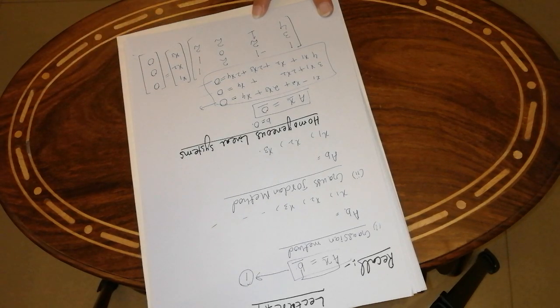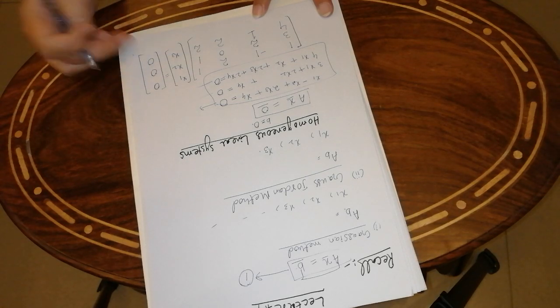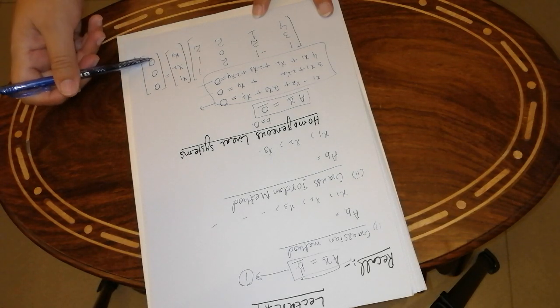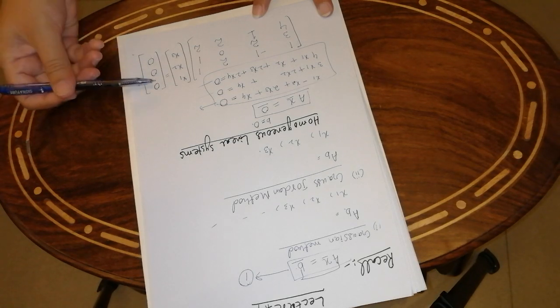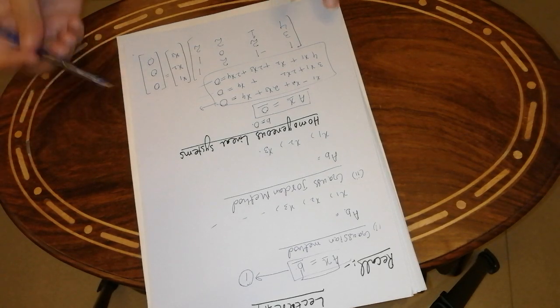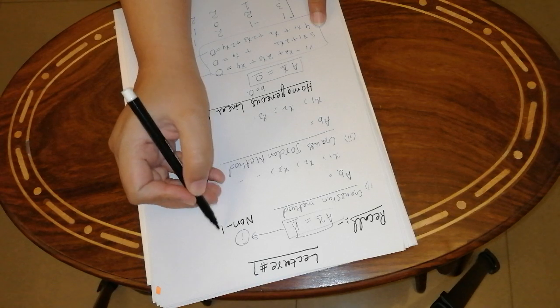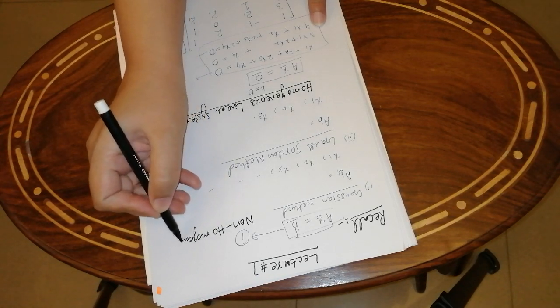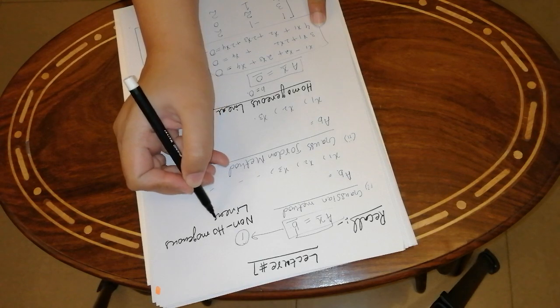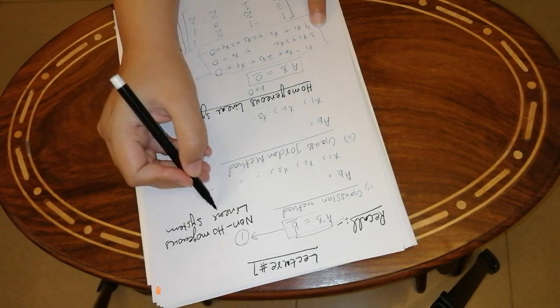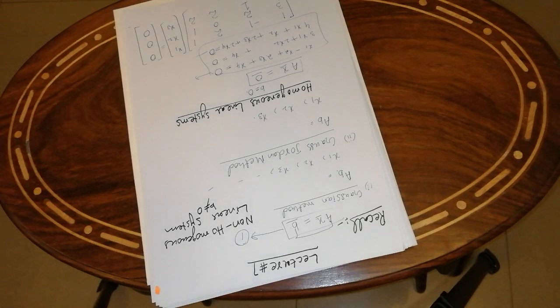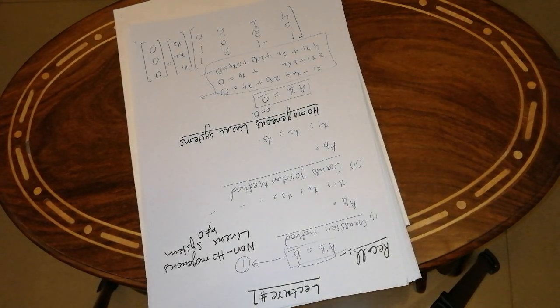in this form. In the previous case, when we discussed the non-homogeneous linear equation, the right hand side was not equal to 0. But here the right hand side is equal to 0. This is the main difference between homogeneous linear system and non-homogeneous linear system. In the non-homogeneous linear system, b is not equal to 0. Now our task is to find the solution of this homogeneous linear system by using Gauss-Jordan or Gaussian method.